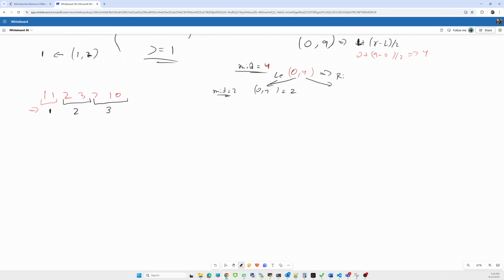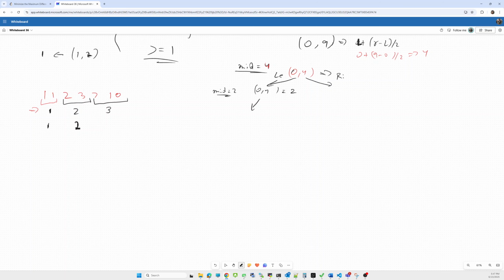So we'll find 1, and again we'll find 1 whose difference is 1. Its difference is 1. Now its difference is 3. So are we able to count this? No. So our count of pairs will be 2, so it will return 2.